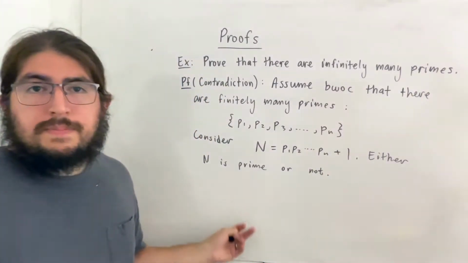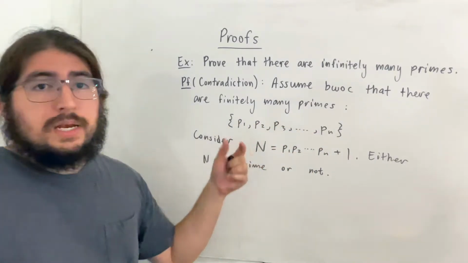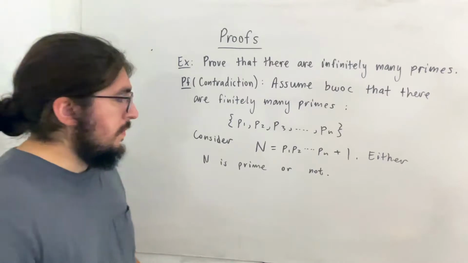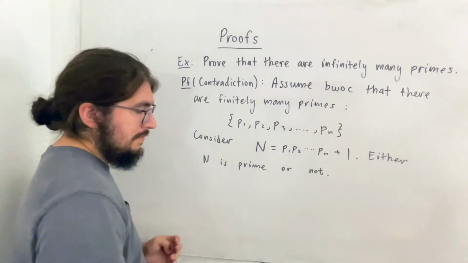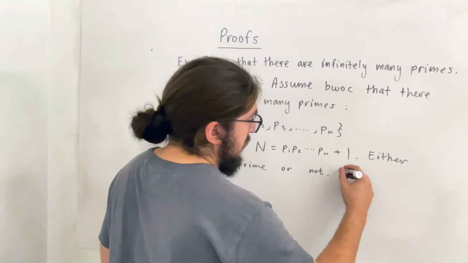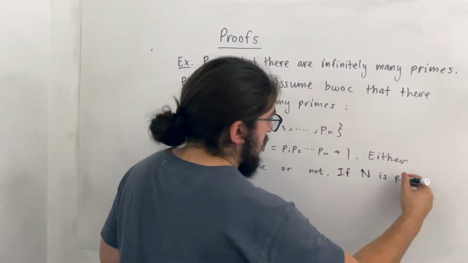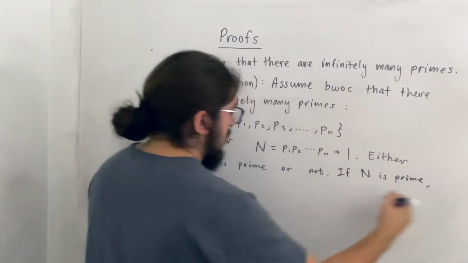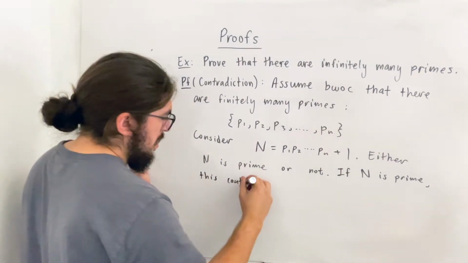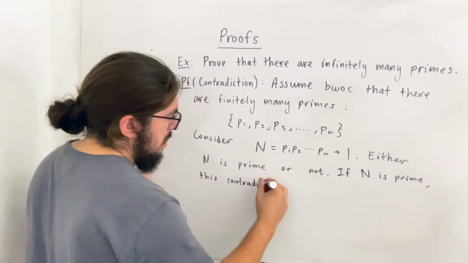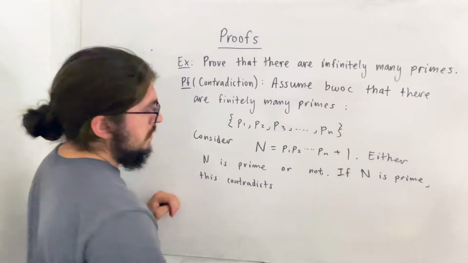Now, if it is prime, then we've actually discovered a new prime that is larger than these, because clearly multiplying a bunch of numbers and adding 1 gives you a larger number. So when N is prime, then there's a contradiction. So if N is prime, then this contradicts